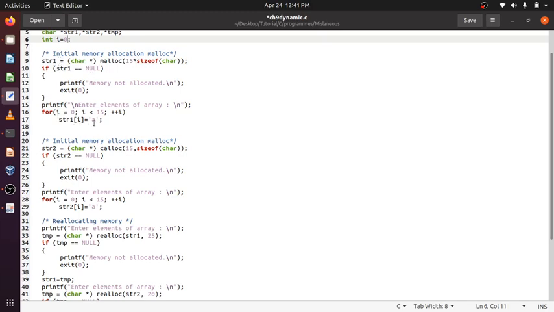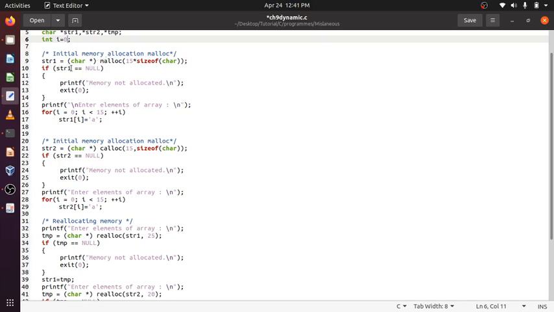If this realloc fails, then str1 will become NULL. With malloc this much memory was allocated for str1, and with realloc it should have made 10 more bytes available. Instead, if somehow it cannot be done, str1 will be replaced by NULL, so I will not have the location of the memory that was pointed to by malloc.